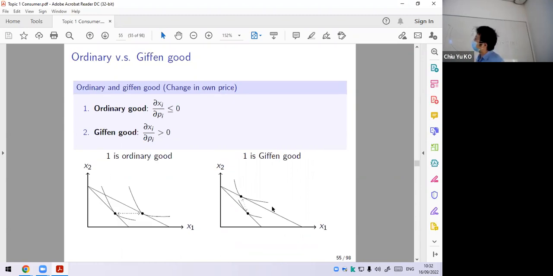So here we introduce something that was discussed for a very long time in the literature in the old days, but now I don't think anyone discusses it anymore, though it is still in a footnote in the textbook. It's called ordinary good and Giffen good. We said if its own price goes down, do we expect you to consume more? Let's go back to the last class. We said what we want is, as a preference, we want this to happen, because